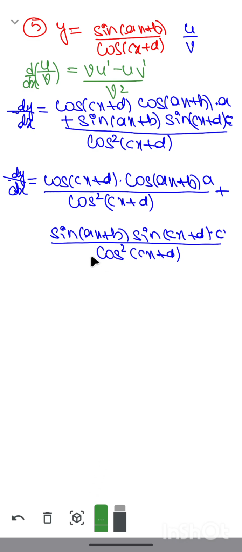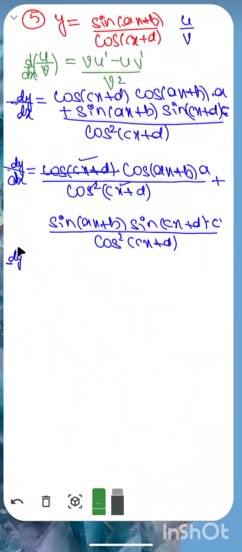Now if I simplify this, let us see what will happen. See here, cos of (cx plus d) and cos of (cx plus d) are the same. You should consider the same function. Cos of (ax plus b) is not the same as cos of (cx plus d), because the angle is different. But these two are the same, so a numerator term and a denominator term cancel. Then I am writing the remaining terms, that is dy by dx is equal to